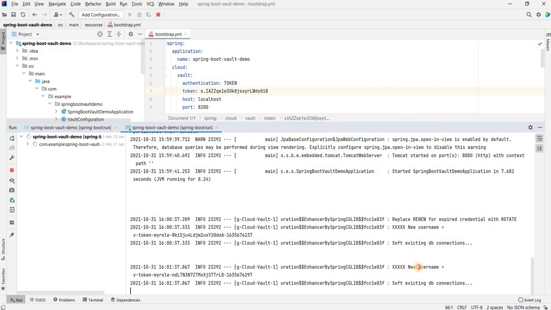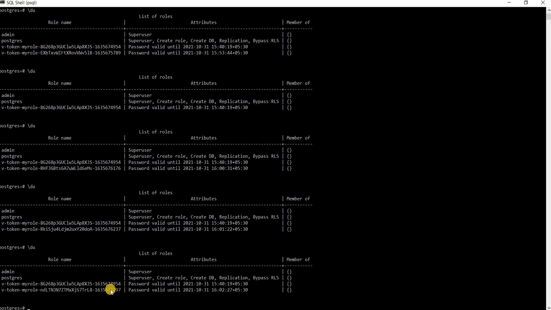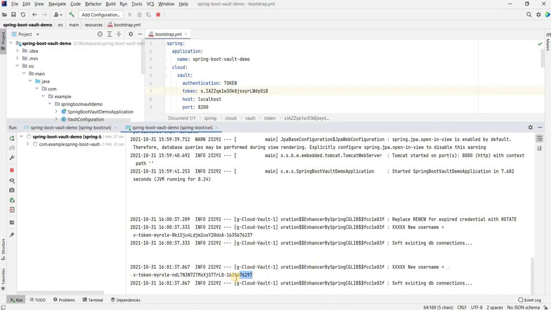There you go. Again, you see a new username has been created, this time ending in 76297. If we see the Postgres database, we have this 76297 running. So yeah, your app would be automatically updating the DB connection with this new username and password, and every time it will make sure that it uses the newest username and password.